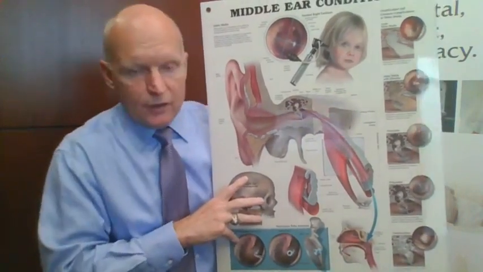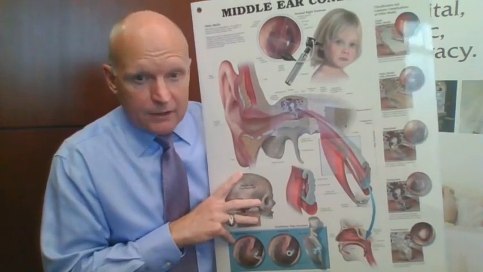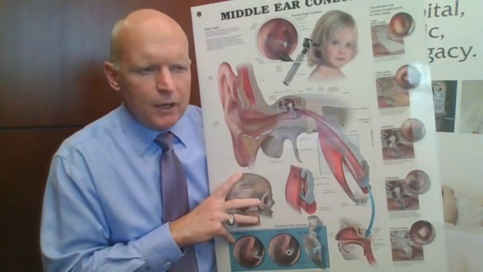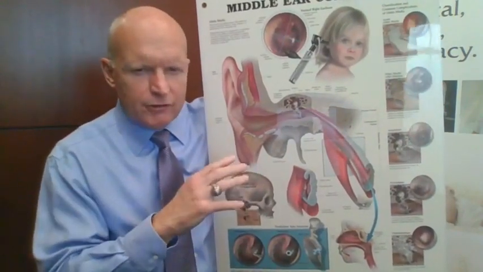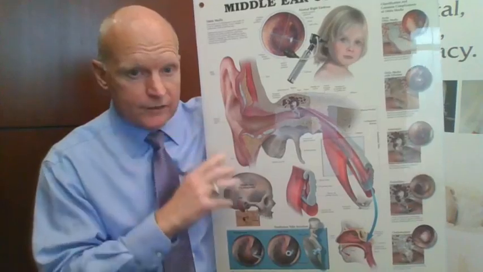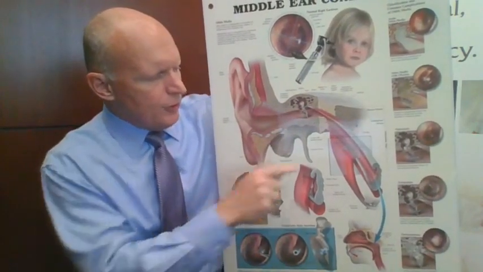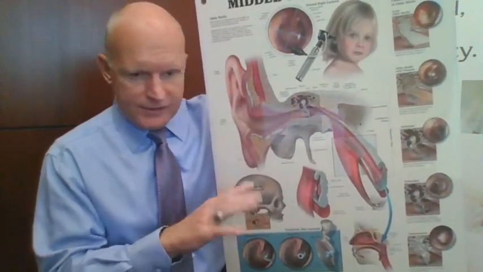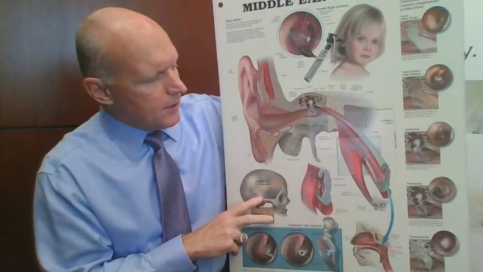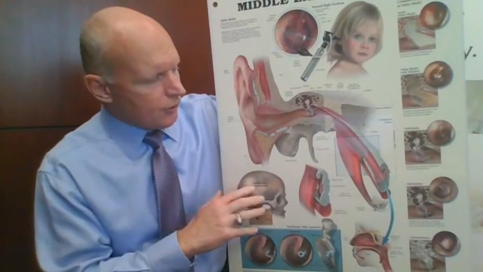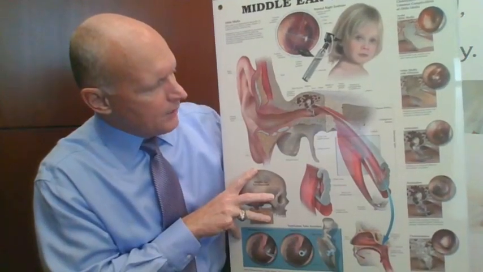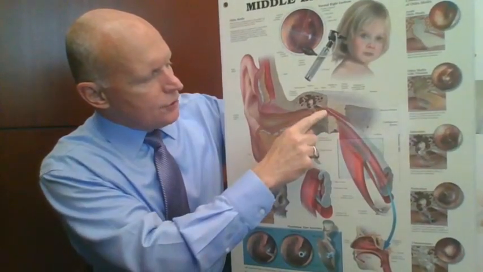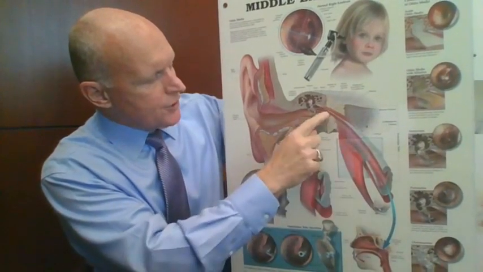So eustachian tube dysfunction is pretty common in little children, probably up to about the age of 3 years old or so. And then after about age 3 or 4, most children will grow out of it. But up until that time, their eustachian tubes just don't work very well, and it's just kind of an anatomical thing about the way their size and shape is. That gets a little bit better as their head and neck starts to grow and the angles start to change. But during those first few years, it's pretty common to have eustachian tube dysfunction where you can't equalize pressure.